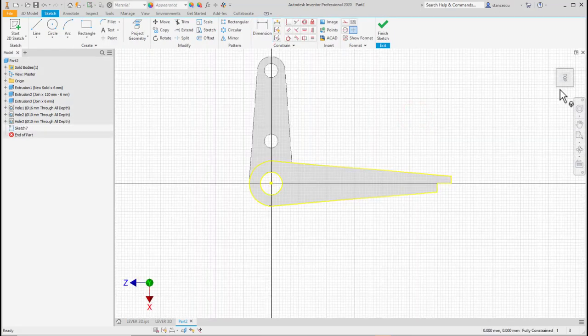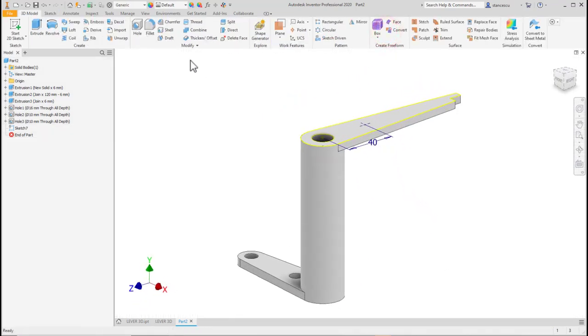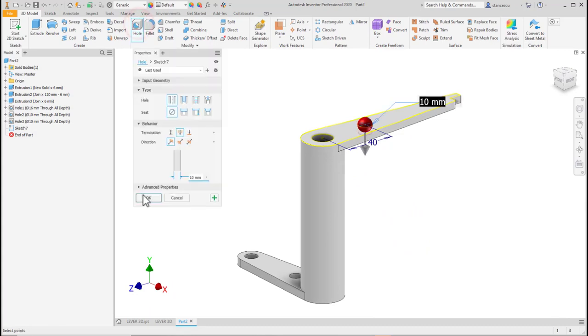This is horizontal, so I have to be sure. A point here, vertical with the center, and 40 is the dimension. 40. Finish sketch, hole, okay,